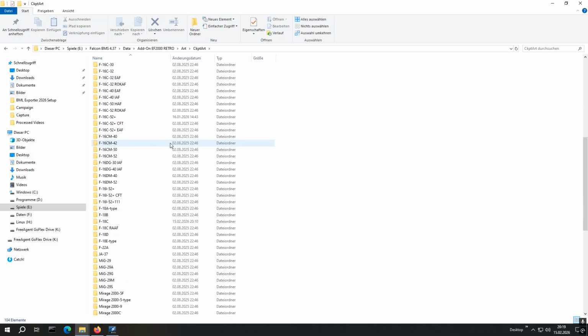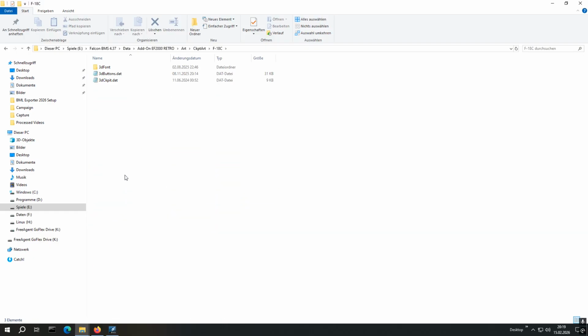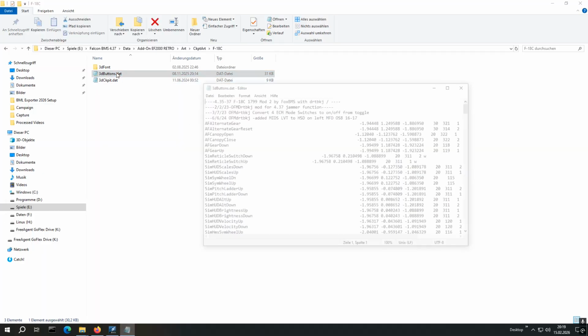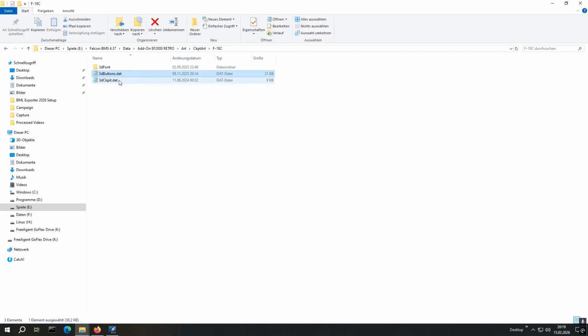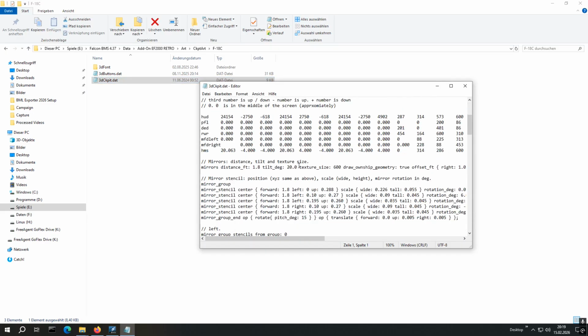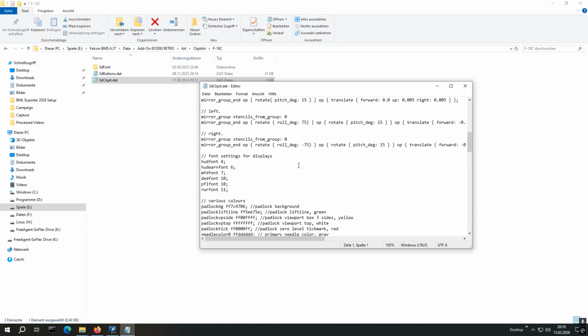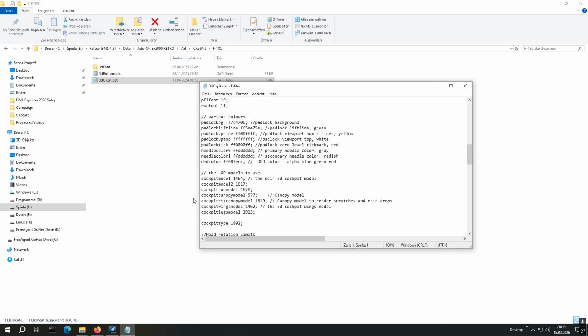In this case the FA18 should be in here, FA18C, and we can open not the 3D buttons, that's the 3D ckpit file, check out what models are being used. We have two here, the 1464 and the 1617. So in one of these models the HSI should be defined, and I will first take a look at the